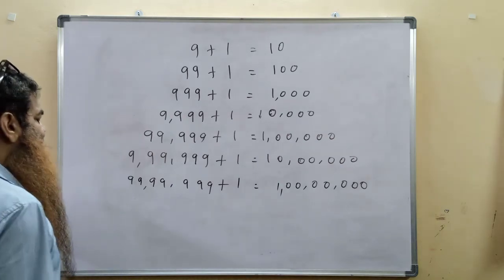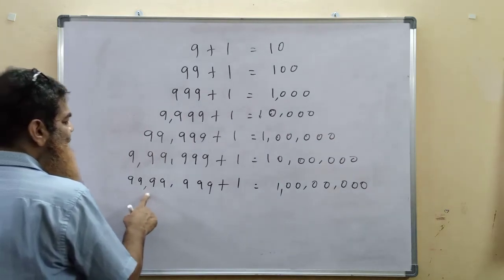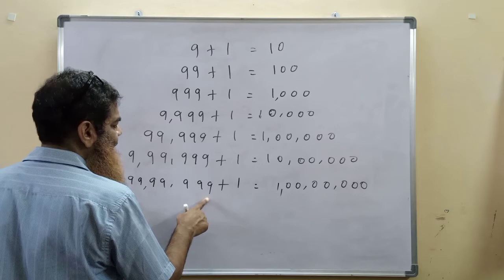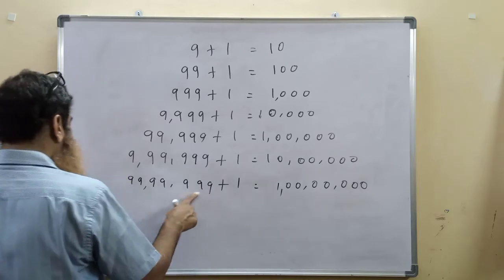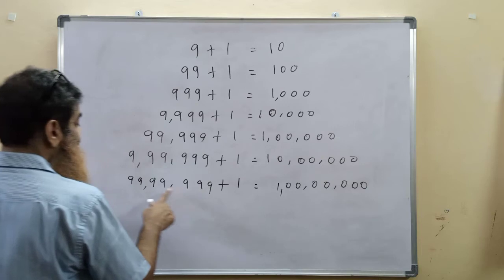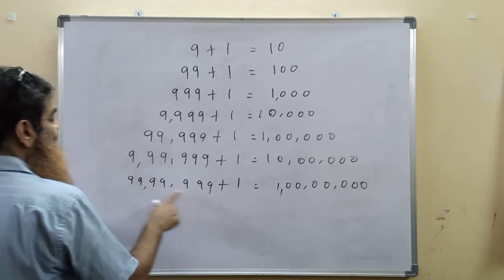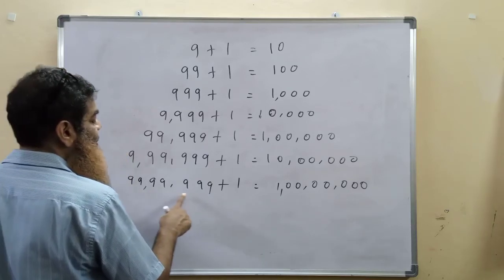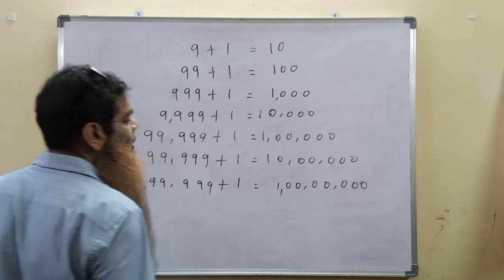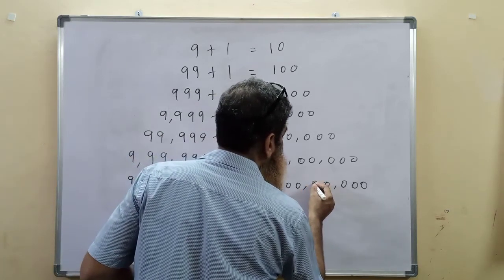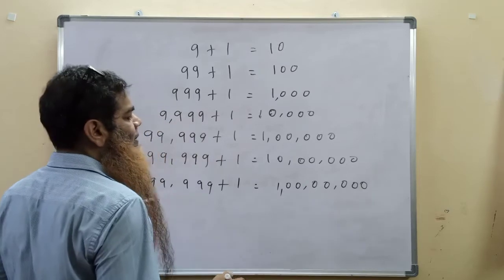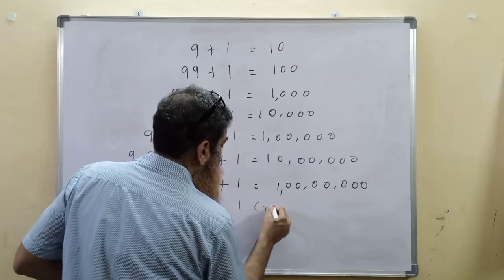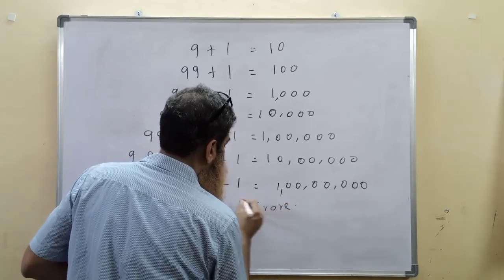And the largest seven digit number is 99 lakhs 99,999. If we read from reverse, 9, 99, 999, 9,999, 99,999, 9,99,999, 99,99,999. If we add 1 to it, it becomes the smallest 8 digit number, and in our Indo-Arabic number system or the decimal number system, it is called 1 crore. It is the smallest 8 digit number.